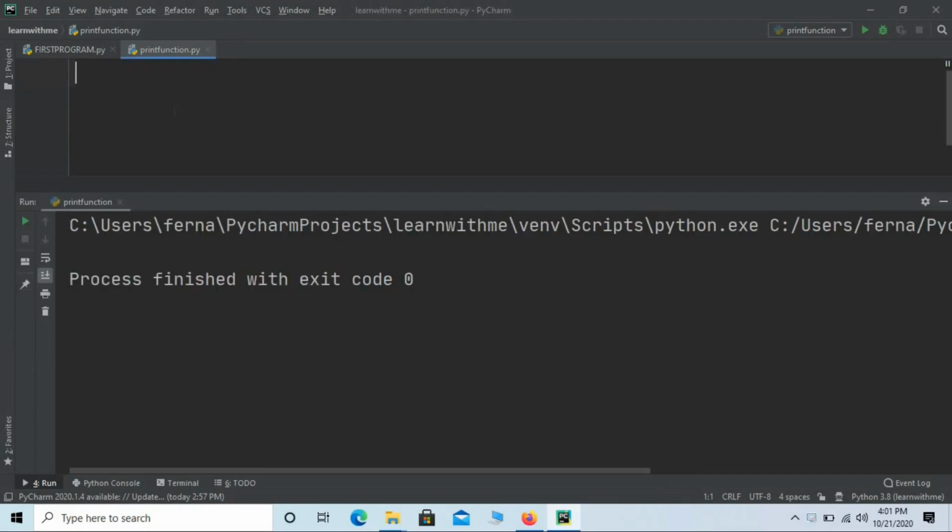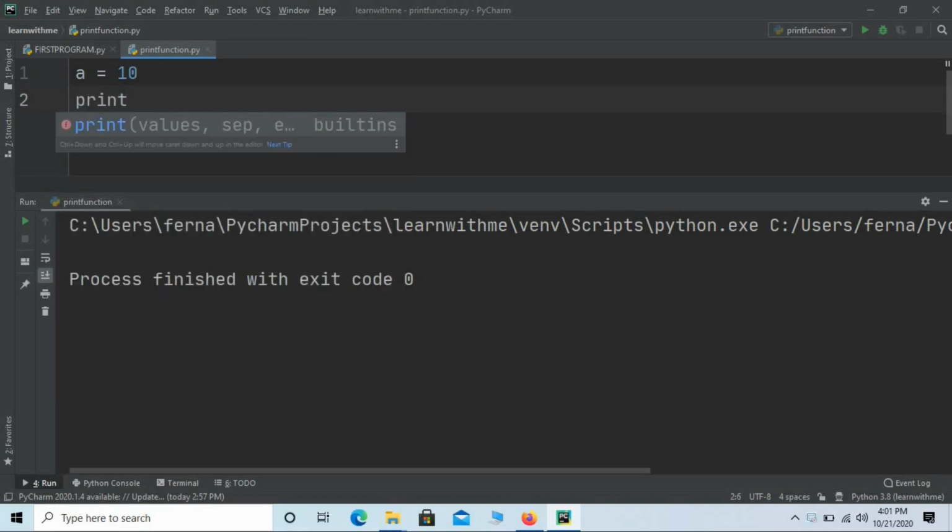Now let's see how to print a value stored in a variable. Let me create a variable, say a. You can give any name. Let me assign some value to the variable. I have just given 10. You can assign any value. Then let me try to print the value that is present in a. I will make use of the print statement. Now I don't have to use double quotes, single quotes or triple quotes.